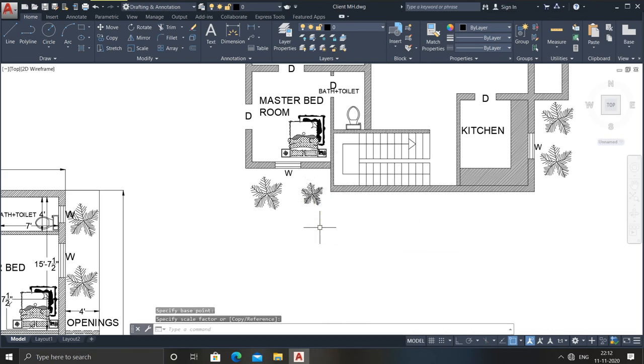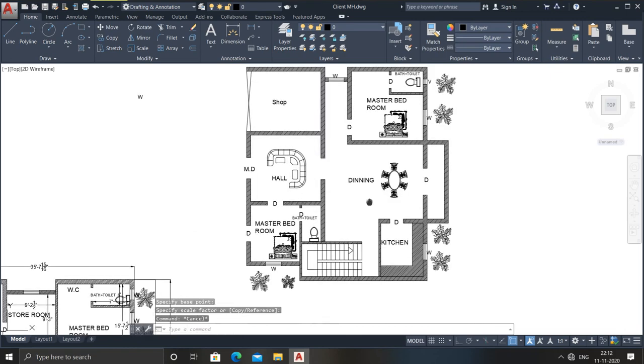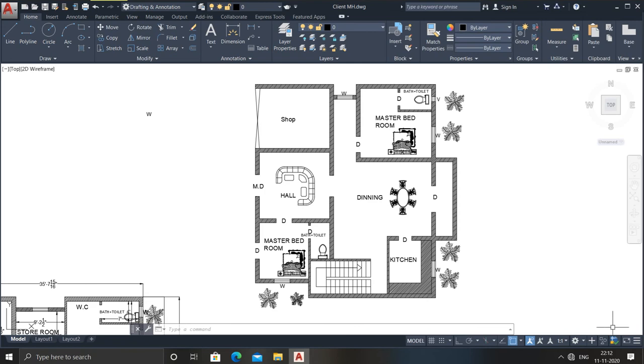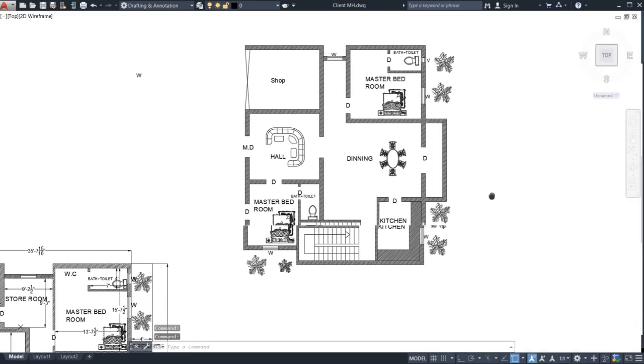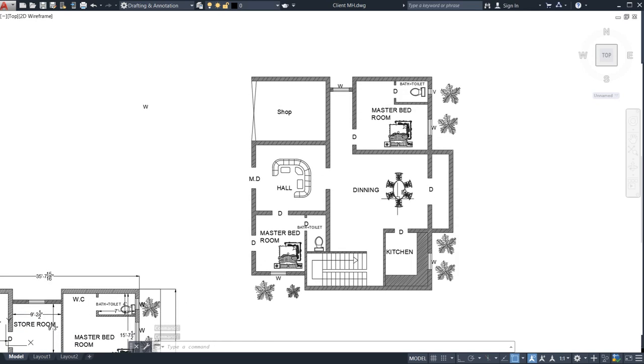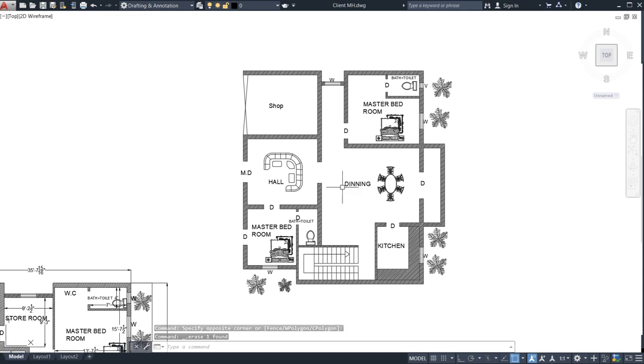See this, skip it. It looks quite beautiful, right? So this is the way of doing the plan of a building in a very good and gentle way. And this type of building plan will be really good for your clients, and they will not tell you anything.